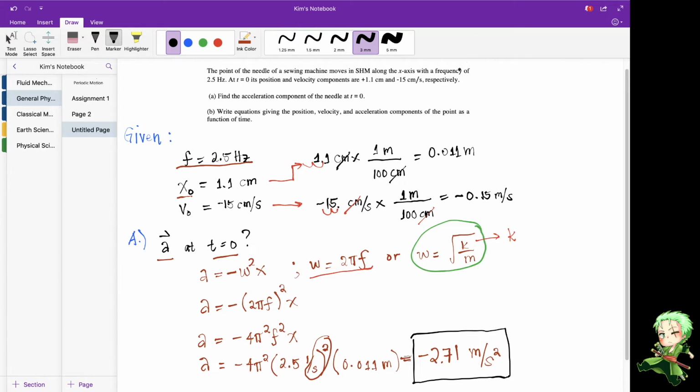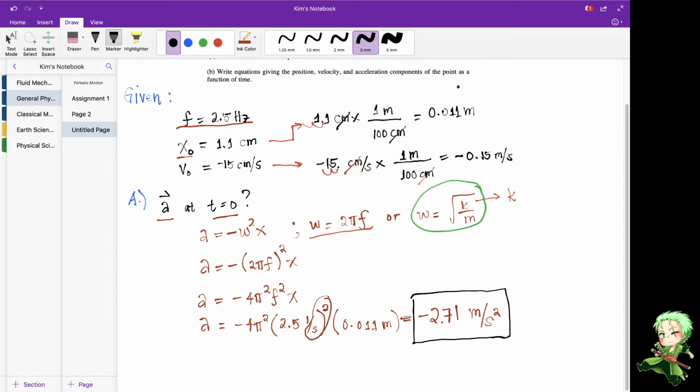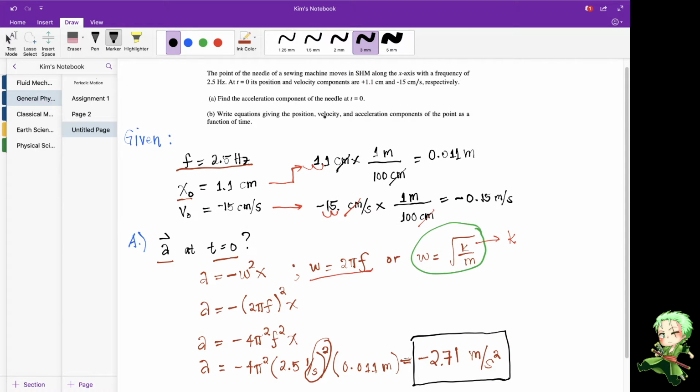So the next part of the problem asks us to write the equation giving the position. So this is the position as a function of time. So we are asked for this equation, the velocity as a function of time, and then the acceleration as a function of time. And as I have said in the class, when you are asked to find these equations,